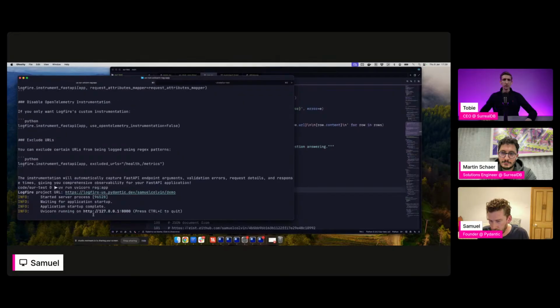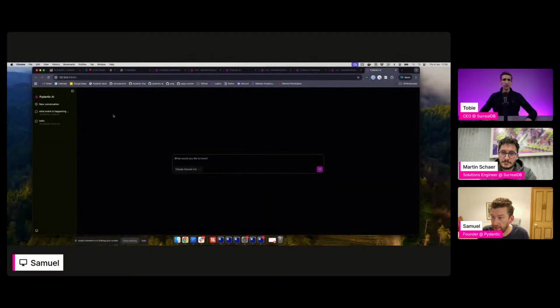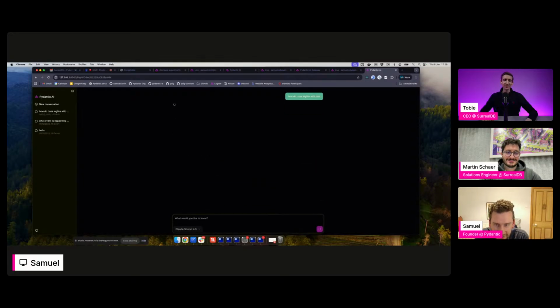And with that, we should get this, I think, pretty nice interface for interacting with a particular agent. I think we've only got one model set up in this case, but I could configure multiple different models I can use. In particular, I can go and ask, SurrealDB is written in Rust, right? Yep, fully. So I would say, how do I use Logfire with Rust? And I'm hoping that our Rust documentation is in the training set. If it's not, we'll at least get to see it running multiple different searches.